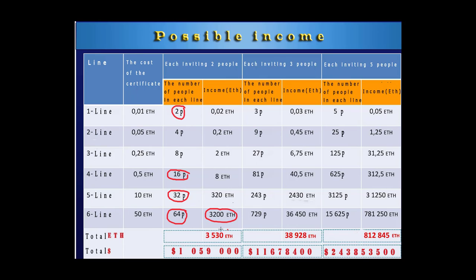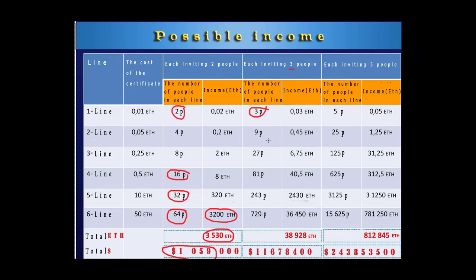Your entire income on 64 people is 3,200 Ethereums, plus additional income from the other people above them, which brings you to a total income of 3,530 Ethereums. In dollars, it translates into $1,059,000. If you look in the second column, if you invite 3 people, and they invite 3 people,